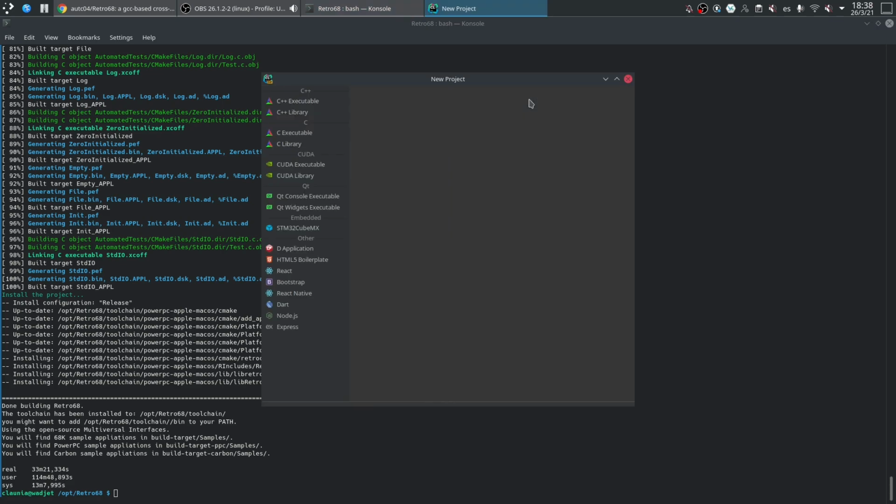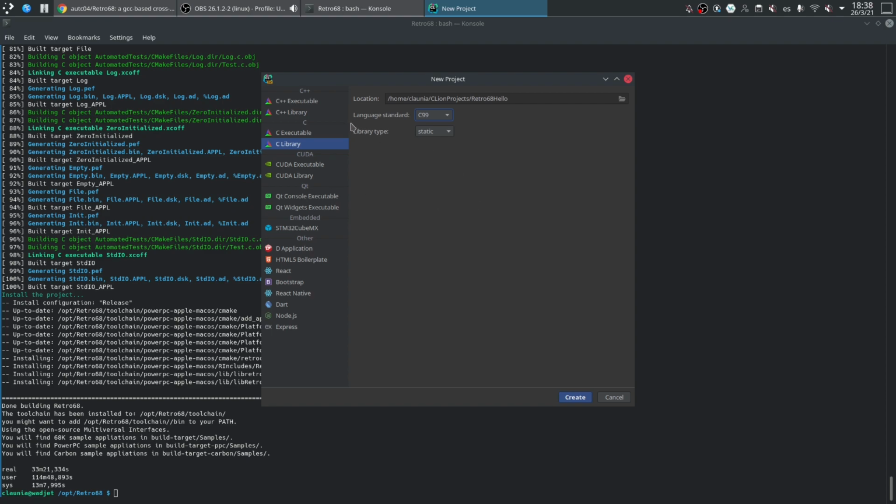Create a new project. It's going to create a standard C project. I'm going to call it Retro68 Hello. I'm going to use C99 or even C11 because we're using the latest GCC compiler, so we can choose modern language standards. We can also use C++, but for the other project types we really cannot use it because there's no QuickDraw, no Qt, and so on.